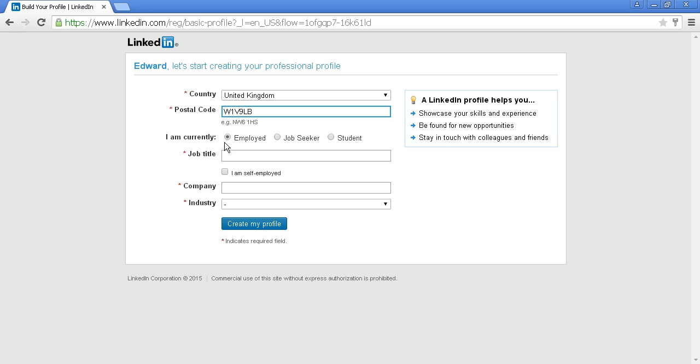And then it'll ask you to select whether you're employed, a job seeker, a student, and you can also check the box here for self-employed. Now I'm going to set this up for someone who's employed because later on I'm going to have a company profile, so I'm going to assume that I do actually have a corporation. And so let's enter my job title as Head of Marketing. And we'll enter the company in here,